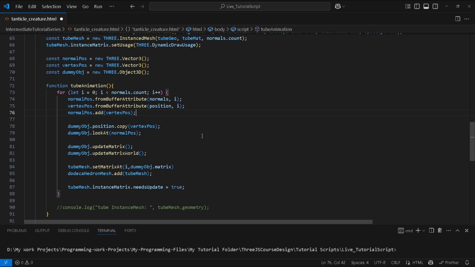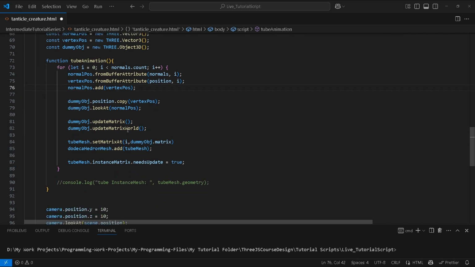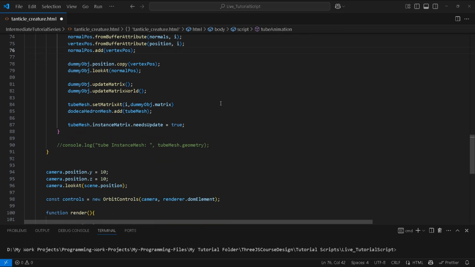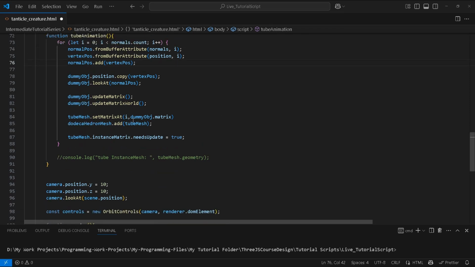So now we're gonna be placing each tube mesh on the vertex position and facing in the direction of our normal for that vertex. And then after that, we're gonna take the position of the vertex position onto our dummy OBJ, and we're gonna use the normal direction as our lookat. Then over here, we're just gonna update our matrix and our matrix world, and then we're gonna set the matrix